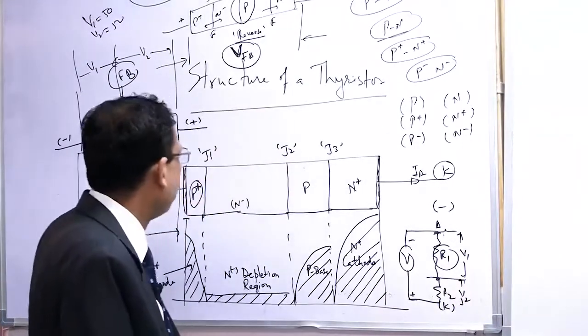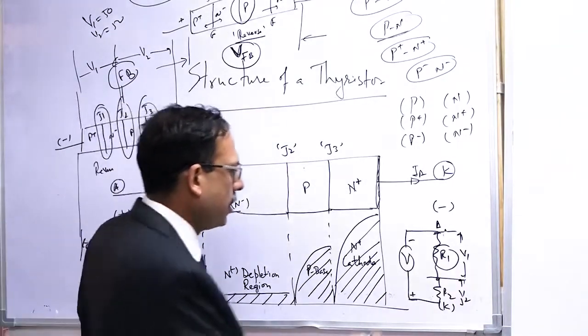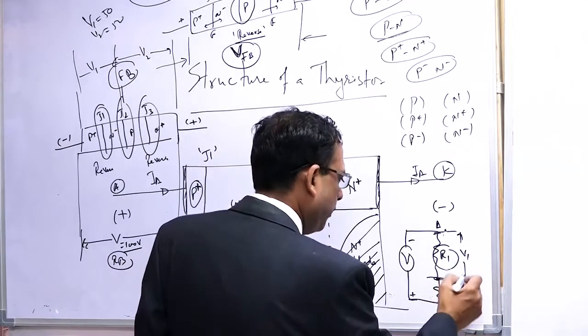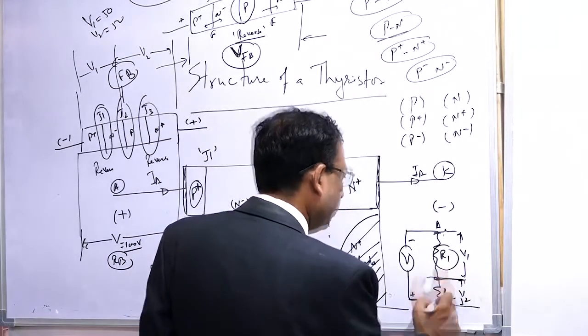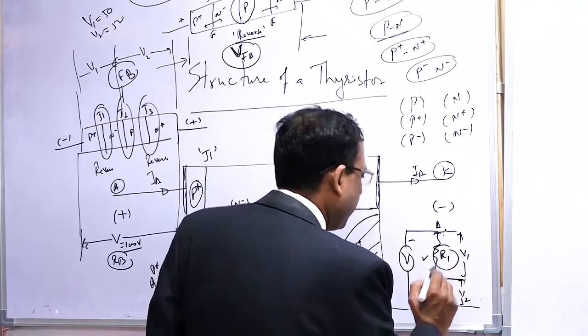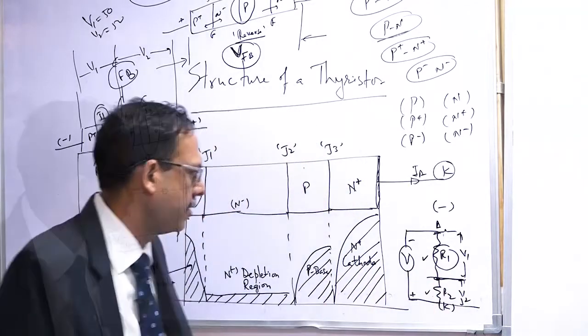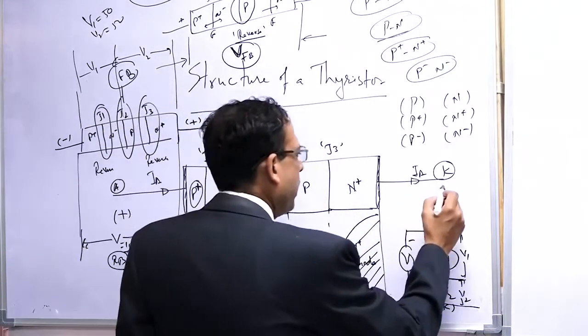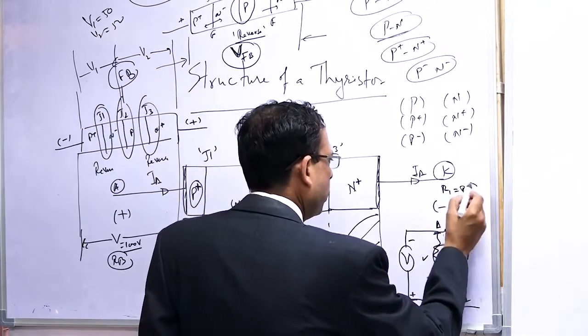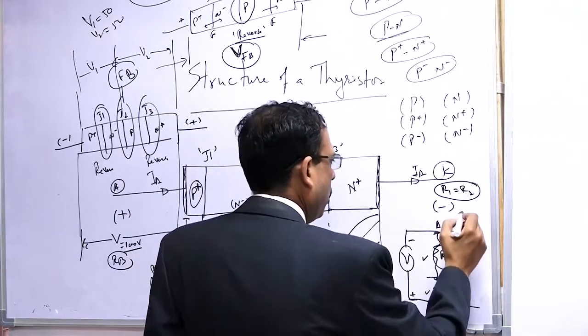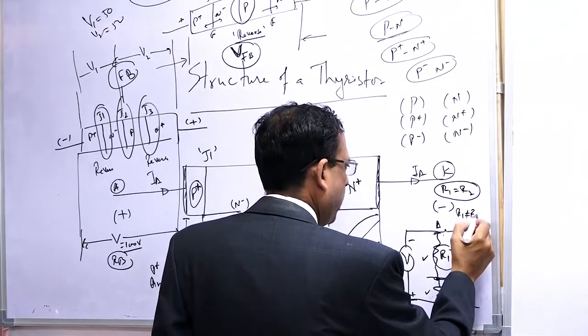You know that when the reverse bias is there, this junction is shorted, so V1 and V2 will be like this. Now this is going to act as an insulator, it will have some resistance, and this is also having some resistance. The values of R1 and R2, whether they are the same or they will be different, that is, R1 is not equal to R2.